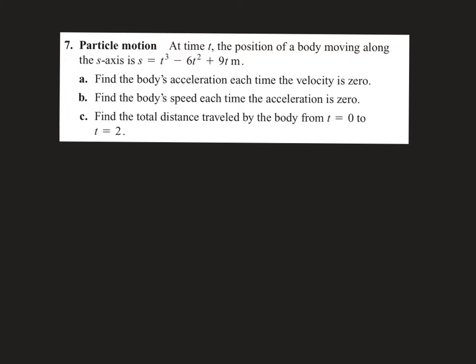In part C, we introduced this new, it might be new, concept called total distance traveled. We're asked to find the total distance traveled in part C by the body from t equals 0 to t equals 2. So we're taking a look at what happened over the first 2 seconds of this process. Now, total distance traveled, and I'm just going to call that TDT for now. That has a specific meaning